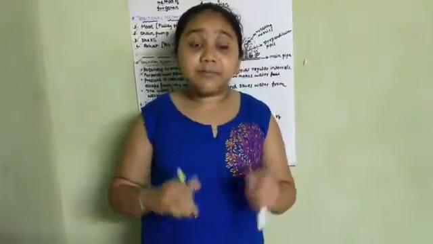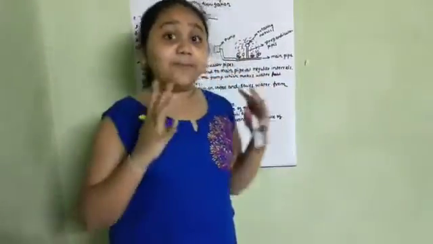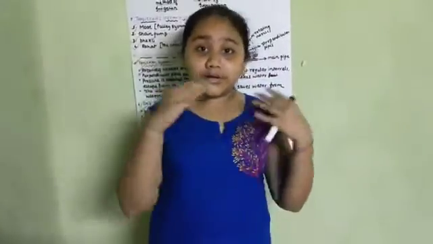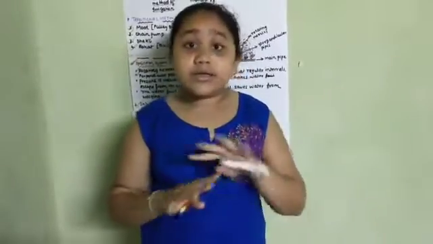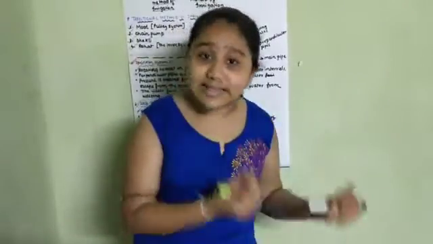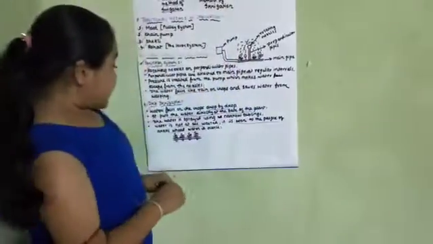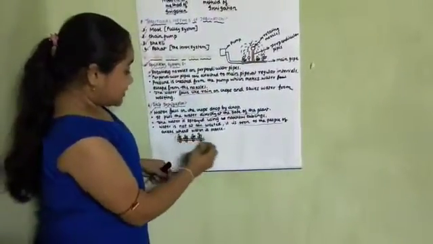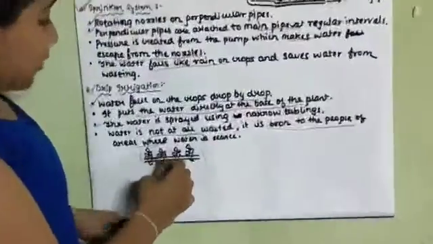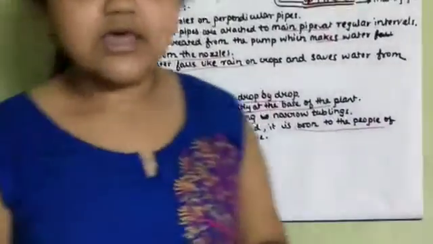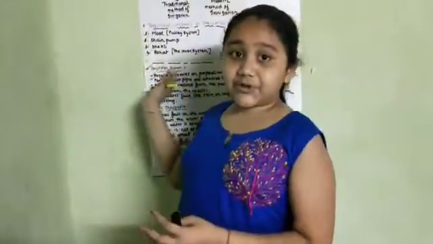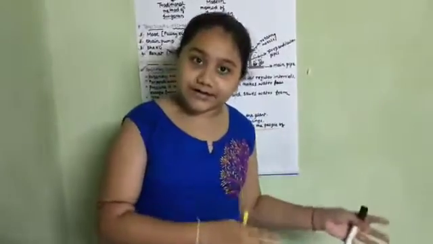That means it is very much helpful. It is like a boon to the people who are living in places where water is very scarce, very much less in amount. And you can see the images also. I have drawn how the water is falling on the plants in drip irrigation. So that is all about the drip irrigation method and adding manures and fertilizer.